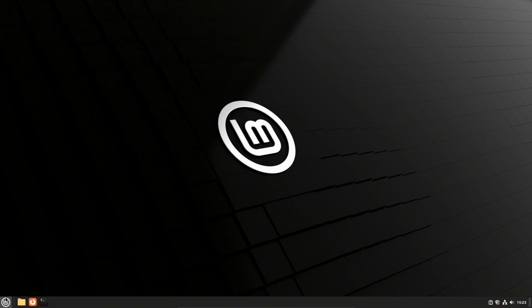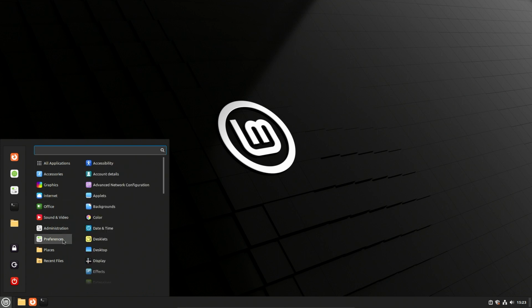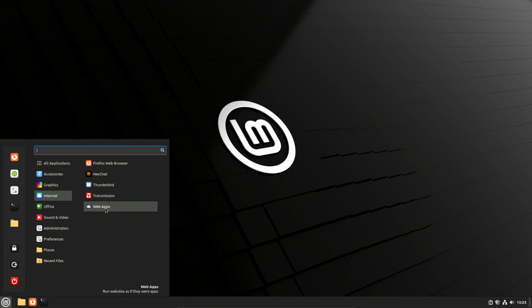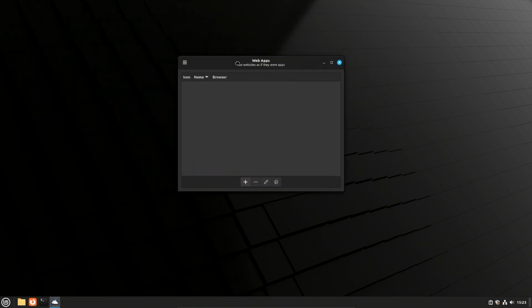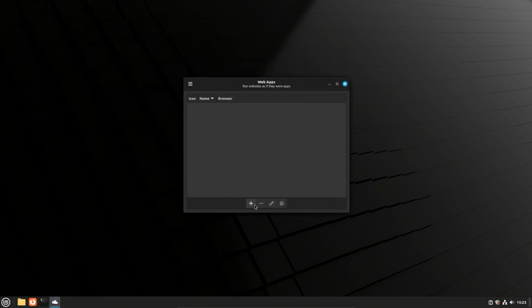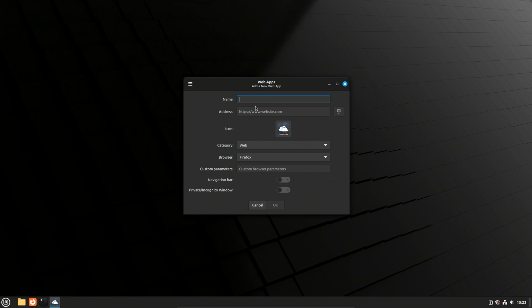Today I want to show you a thing I noticed the other day and I thought you all would find it interesting. So if we look here under Internet in Linux Mint, you can see there's an application called Web Apps. Its actual name is called Web Manager, but if we open it here, you can see we get this little UI and I'm going to hit the add button and add a web app, add a website in here. So I'm going to put Google. Now you might say, well, what's the point of this? Well, we'll kind of go over this here in a minute.